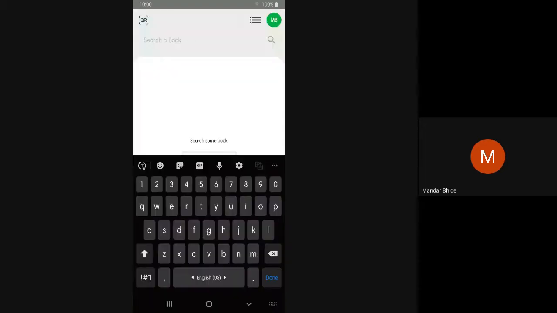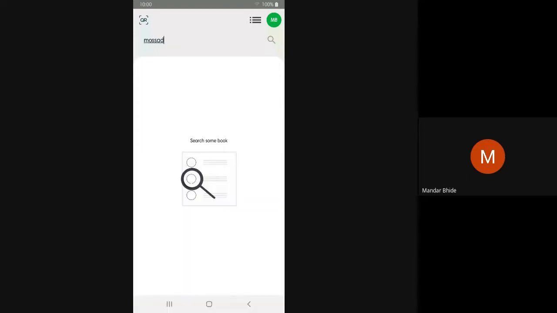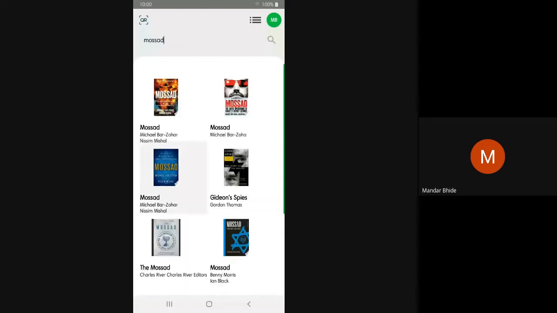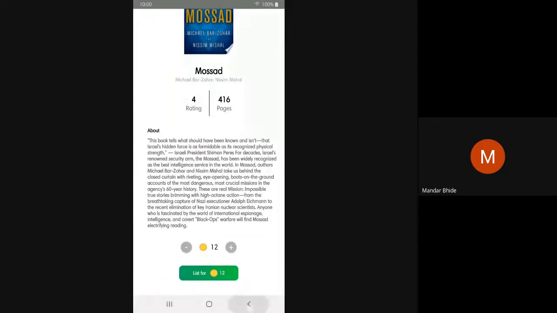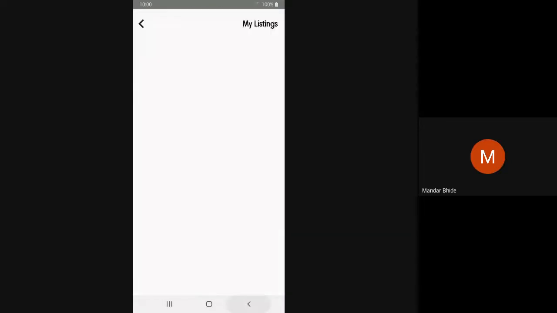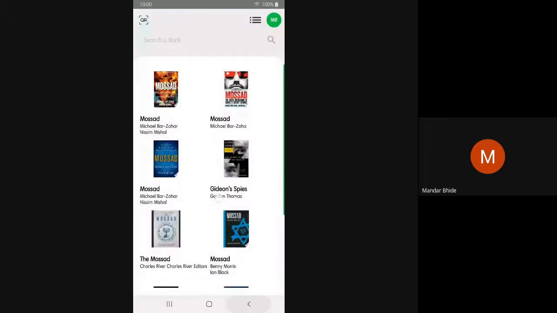But it is not empty when we search some book. Let's say we search again for Mozart. We can view it. We went to listing, there are no listings, but the results are written in that adapter.